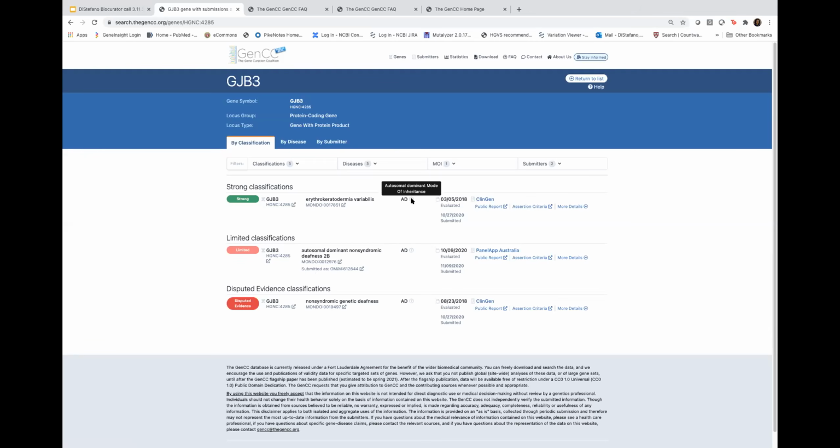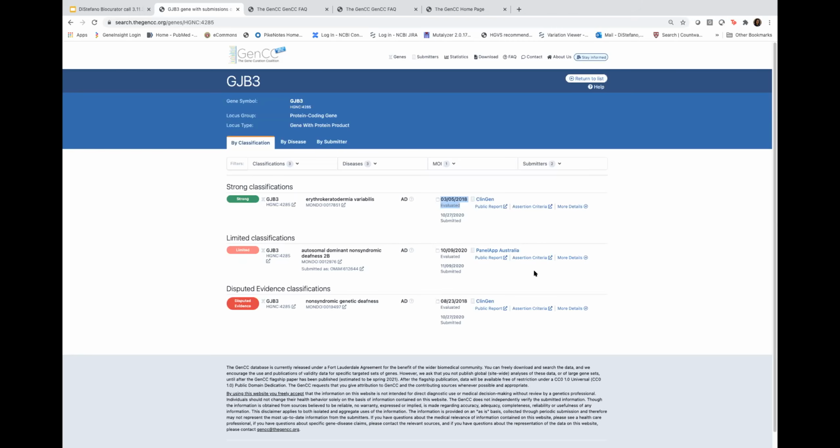And if you mouse over it, it will tell you the whole word for that. And then the submitted date. So that's this, and this really was when it was submitted to the database, so probably not as important to you if you're doing a curation. You really want to look at the evaluated date. So this is when they looked at the gene-disease relationship. And as I mentioned, it really could differ based on when the curation was evaluated. So in this case, this one was in 2020, this one was in 2018,